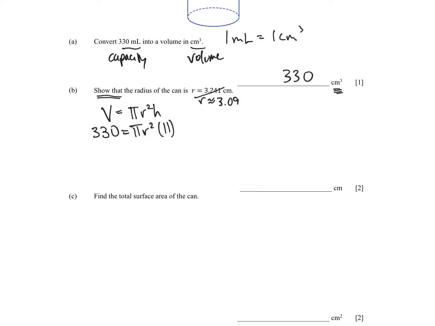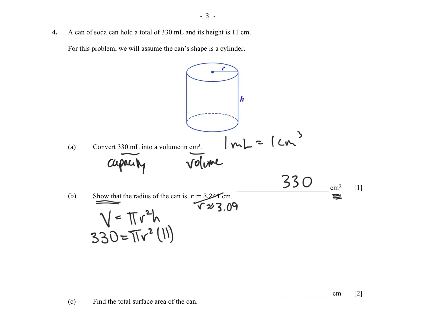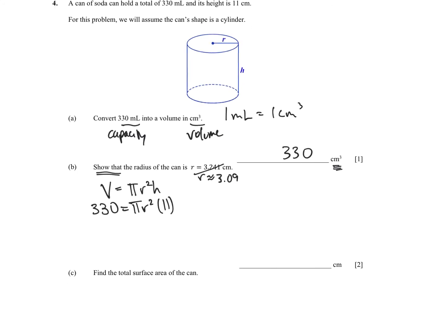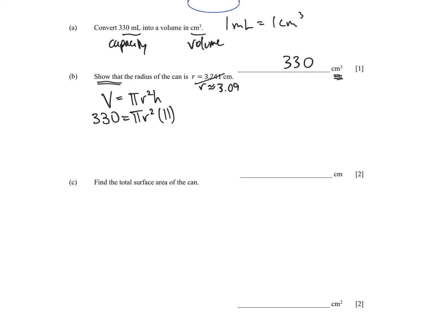So essentially what I would do is take the 330 milliliters or centimeters cubed that I was given and the height that I was given, way at the top of the question, and substitute those inside the equation. And when you end up dividing by 11,